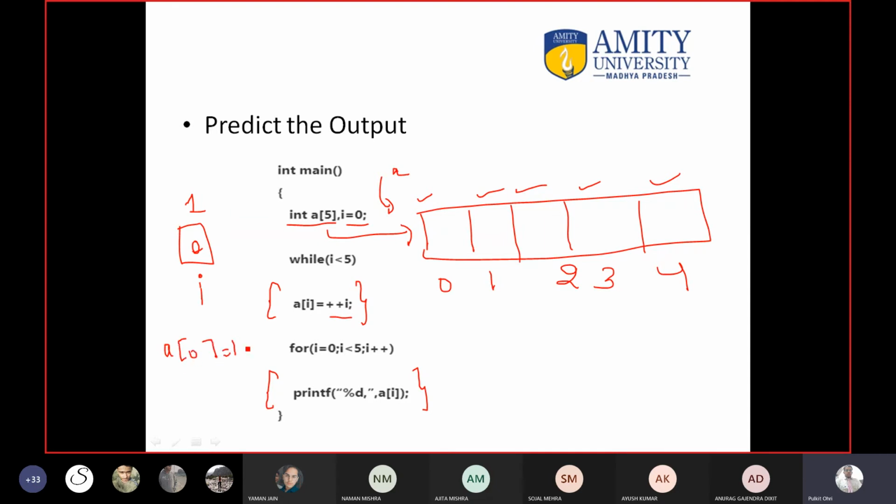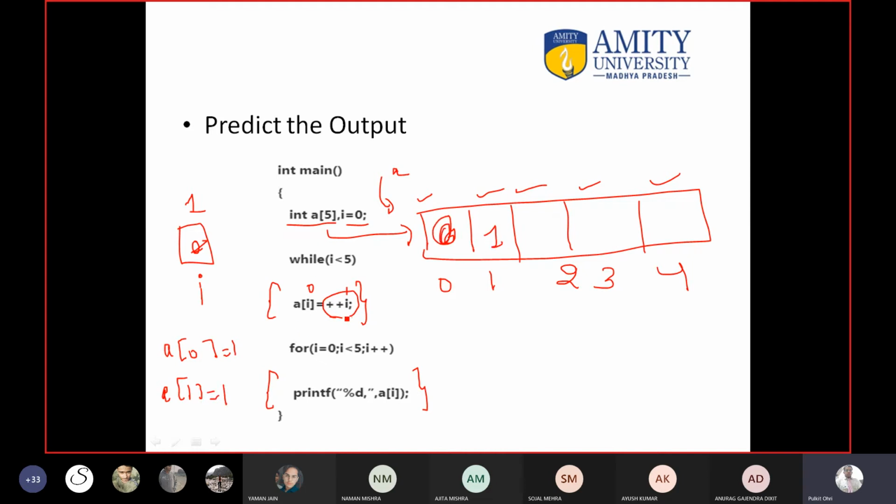It means variable I has a value 1 also and 0 also. Can it happen? I have told you, a variable can have a single value. So if on the right hand side you are increasing the value, it means the value of I is changed. So here I will become 1. So at the first location you are transferring 1. Here the garbage value is there. Here the garbage value is overwritten with the 1.